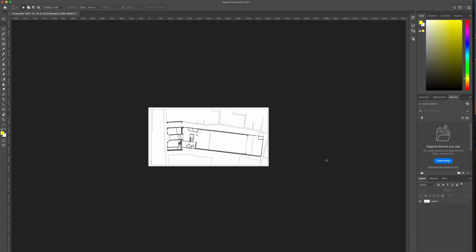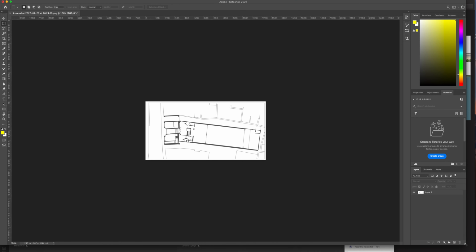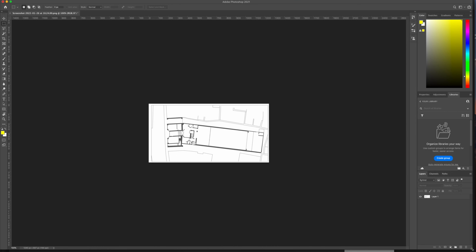So the first thing I want to do is just make a couple of different layer sets, because it'll make my life easier. I'm just arranging the screen. So I just hit plus down here and I made a new layer. I'm going to call this one the original. And then I want